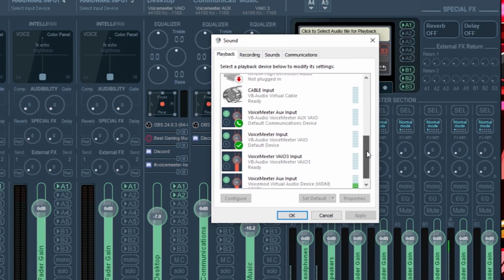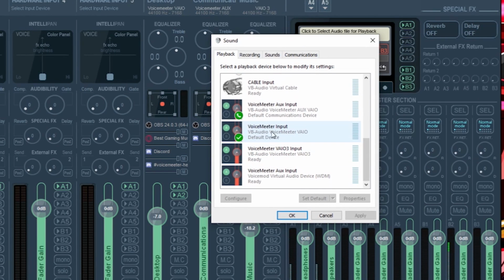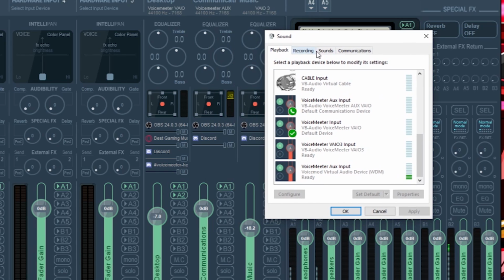What we need to do is set our VoiceMeeter input, VB-Audio VoiceMeeter VAIO, to our default device, and then we're going to set our VB-Audio VoiceMeeter aux VAIO to our default communications device. So the VoiceMeeter input is going to be our virtual input 1, which I have labeled here as desktop audio, and the virtual input 2 that we're setting to our default communications device is what we set to our communications